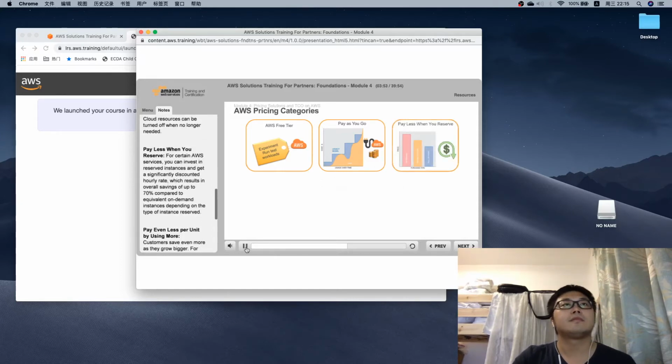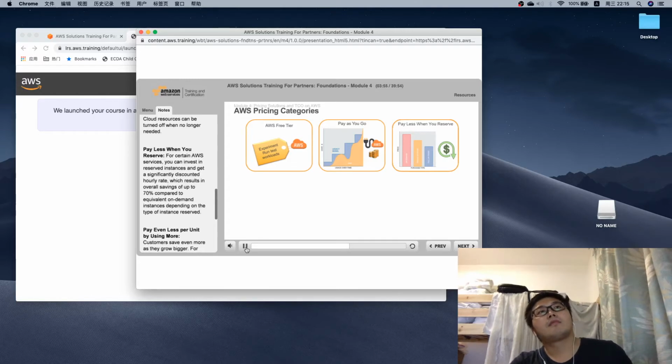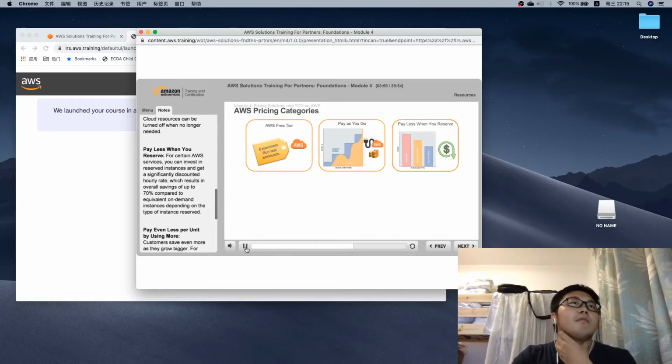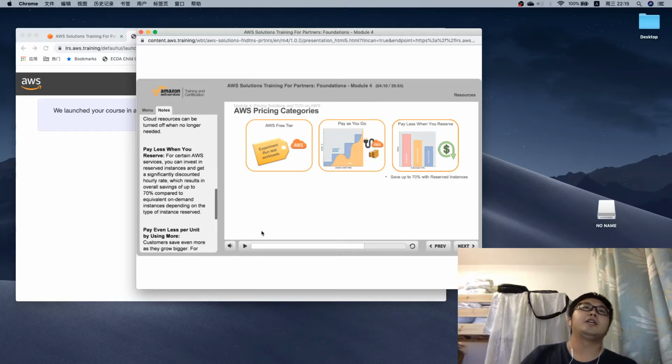Pay less when you reserve. For certain AWS services, you can invest in reserve instances and get a significantly discounted hourly rate, which results in overall savings of up to 70% compared to equivalent on-demand instances, depending on the type of instance reserved. 然后你就可以去reserve保留某个服务，它甚至可以给你打到最高3折。